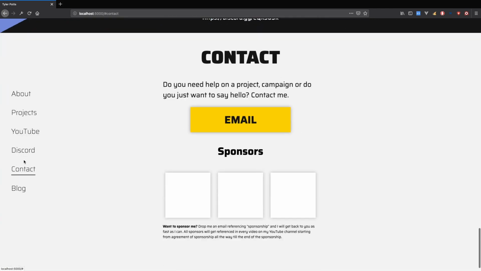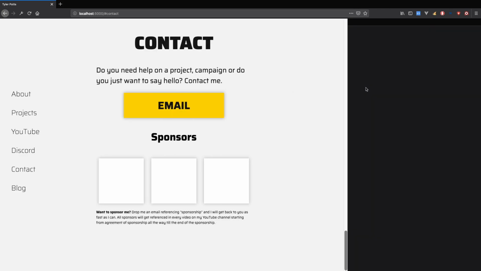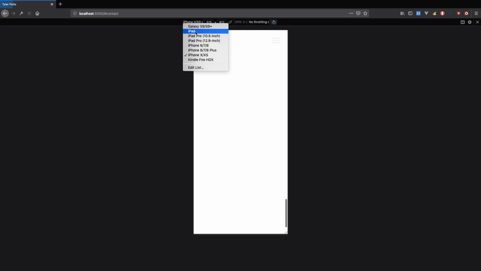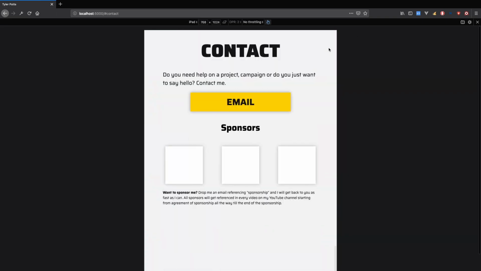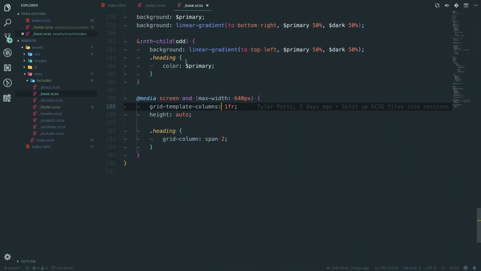So this is going to need to stay black when we get down here, but that's not responsive. I keep pressing the wrong buttons for responsive mode. Let's say on iPad. It's impossible to see that thing there. So we're going to go, is it in base, right? So if we go to base